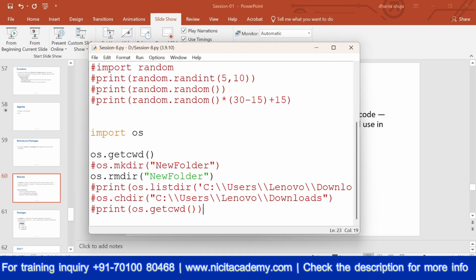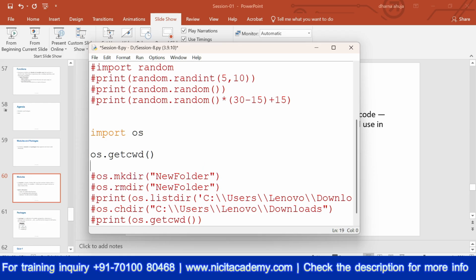If you want to check if a file or a directory exists, you can use this function called os.path.exists. Here os is a module. And you can write any path or any folder.